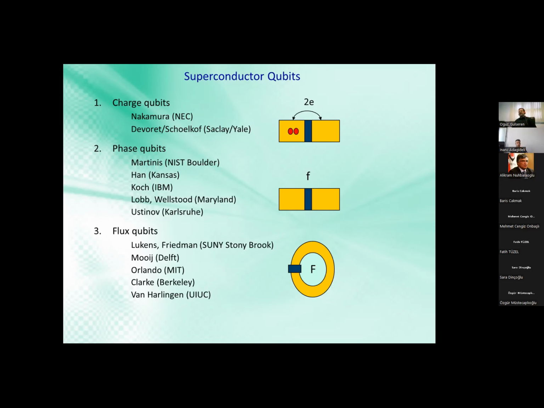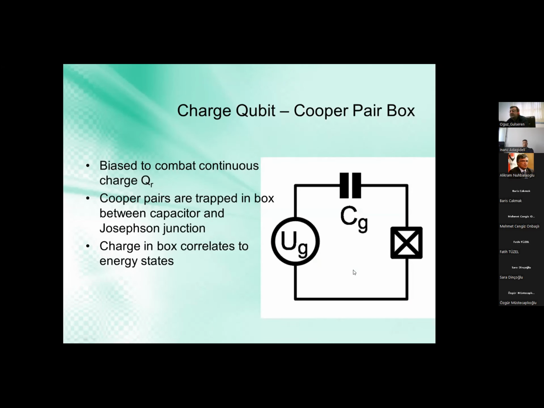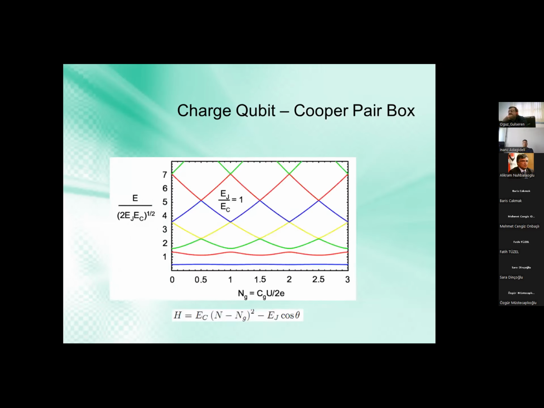The basic ones are the charge qubits. In the charge qubit, we have the Josephson junction and the Cooper pairs tunnel through. Then we have the phase qubits. These names just describe the people behind them. The phase qubit is based on the phase difference; as I showed, I passed a little bit fast, but in the AC Josephson effect you see the phase manipulation. Then it can also rely on the flux as well.